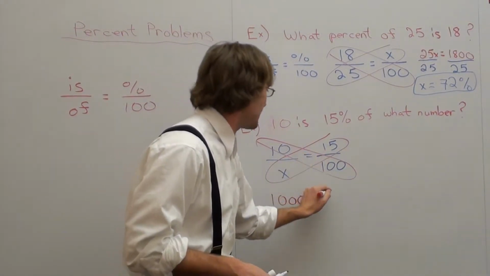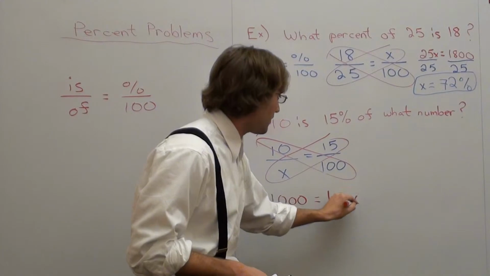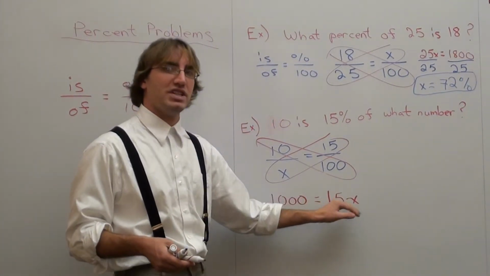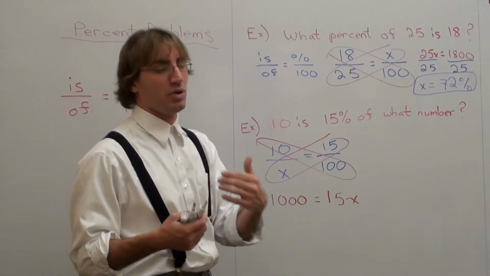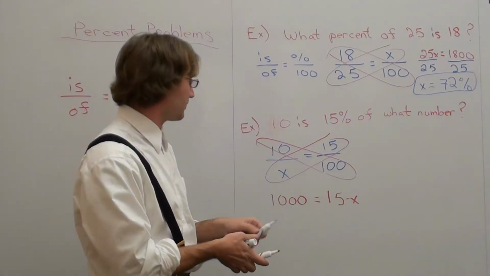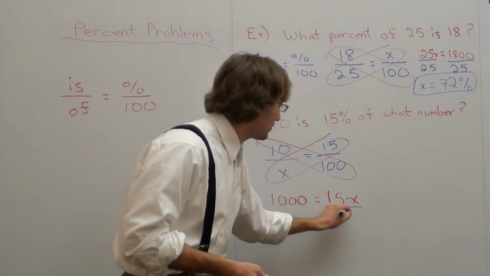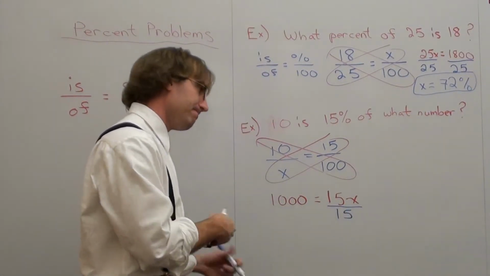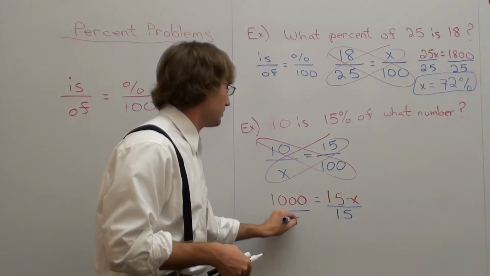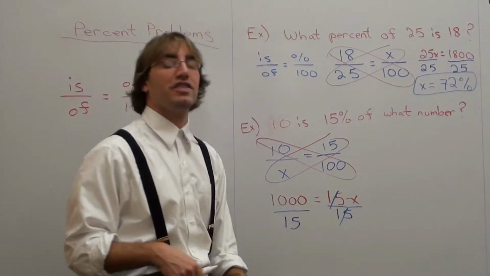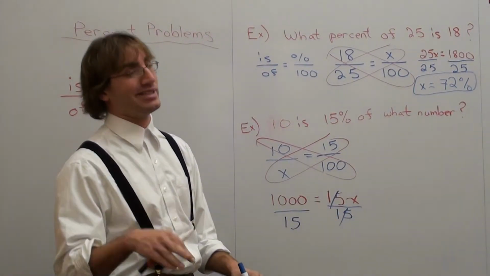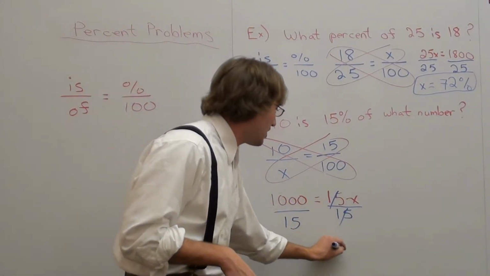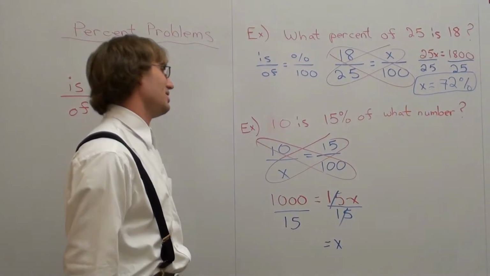x times 15 is 15x. And now you want to divide because you want to get the x by itself, and it's 15 times x, so in order to get rid of multiplication, you have to divide. What you do on one side of the equation, you have to do on the other. 15 divided by 15, by popular demand, is 1. It's not 0. It's 1. It's 1x, or just x, equals